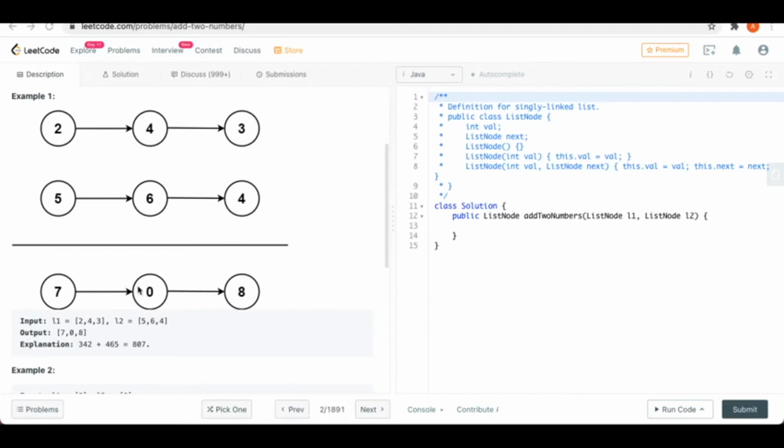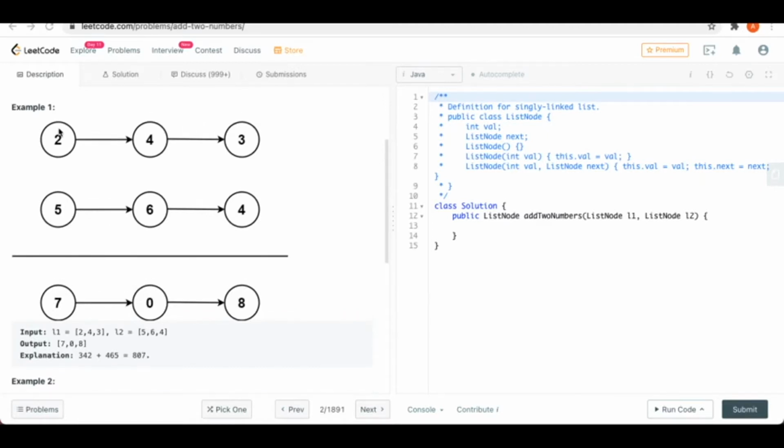I think this looks very simple. Iterate over the linked lists, keep on adding both till one of those does not have any next node available. The only problem that we will have here is getting the carry, because let's say if this was 7 and this was 5, the sum is 12. We only need to store 2 here and carry forward the remaining 1. So carry is something which we need to take care of here.